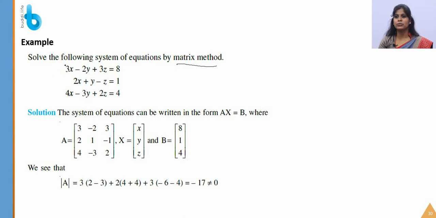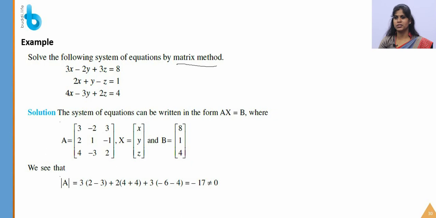The values may be interchanged, like z will be given first, y will be given third, and x will be given second, like that. In that case, some people will simply copy the coefficient values and do the sum. At the end your solution will be wrong. So first check whether the question is in the correct order. Or else you can change the order. Here everything is correct, then we can go for solving the